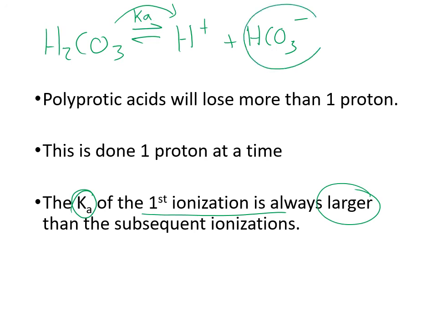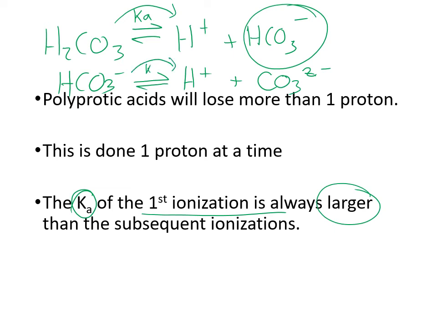Now, the bicarbonate that gets formed here is also an acid, so it could also establish another equilibrium where it lets go of a hydrogen and leaves behind a carbonate ion. And so this also has a Ka associated with it because it's an acid losing it. So let's call that Ka2, and this is Ka1. So this Ka1, the first time a polyprotic acid loses a hydrogen, is always going to be much bigger, that's a big arrow, than the subsequent